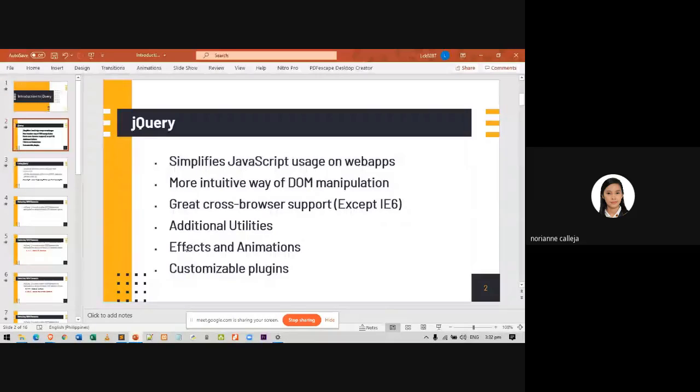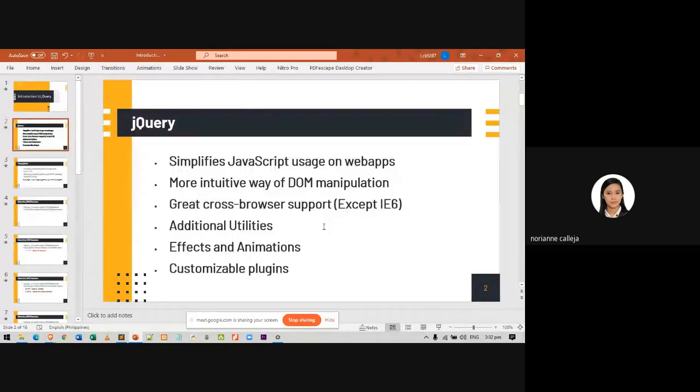This jQuery enables cross-referencing for these different web browsers, except for IE6, or Internet Explorer 6.